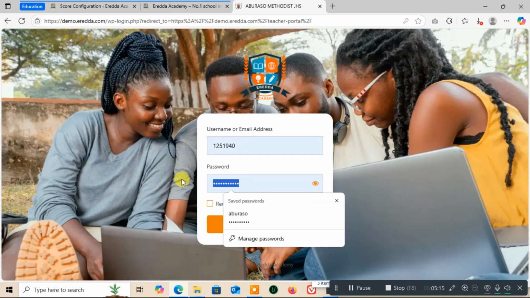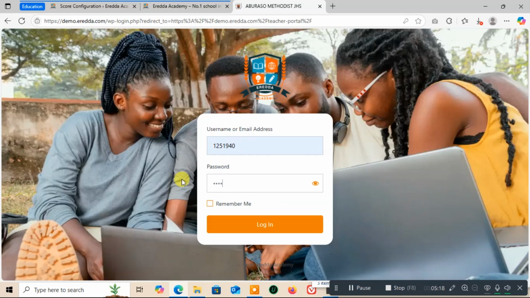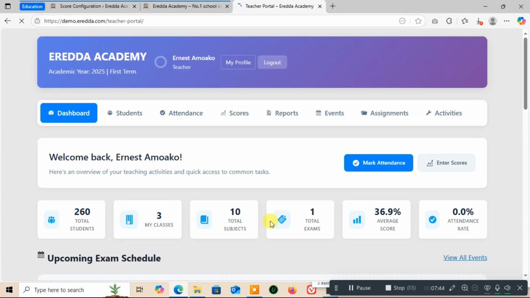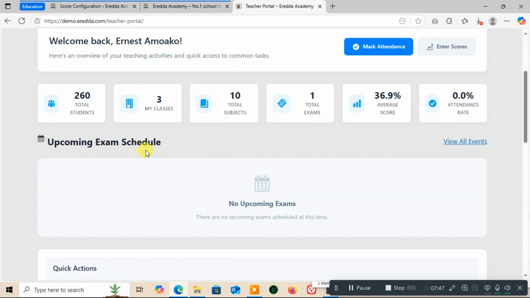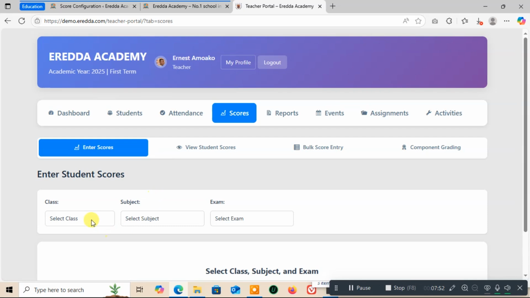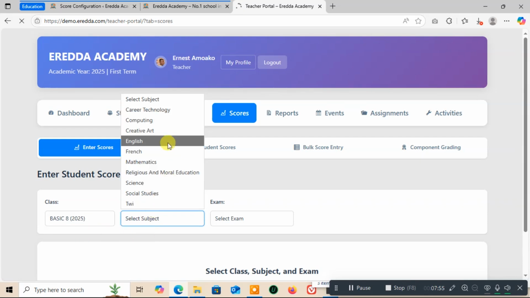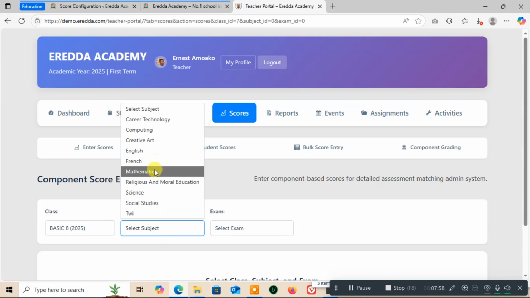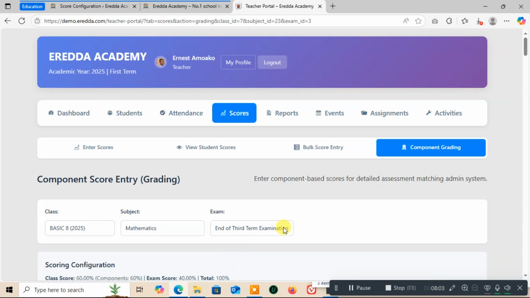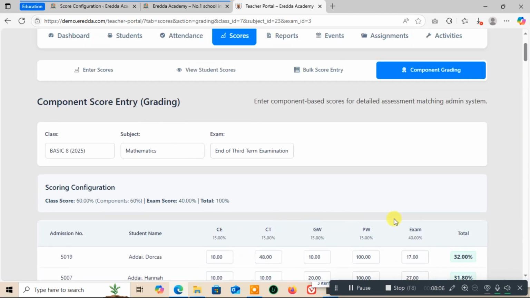So I'll enter my details here, and I will click login. So this is my dashboard, right? As you can see, let's go to score, and let me show you what I'm talking about. So over here, let me select the subject and exams. Now you can see that over here, if you have already watched the introduction